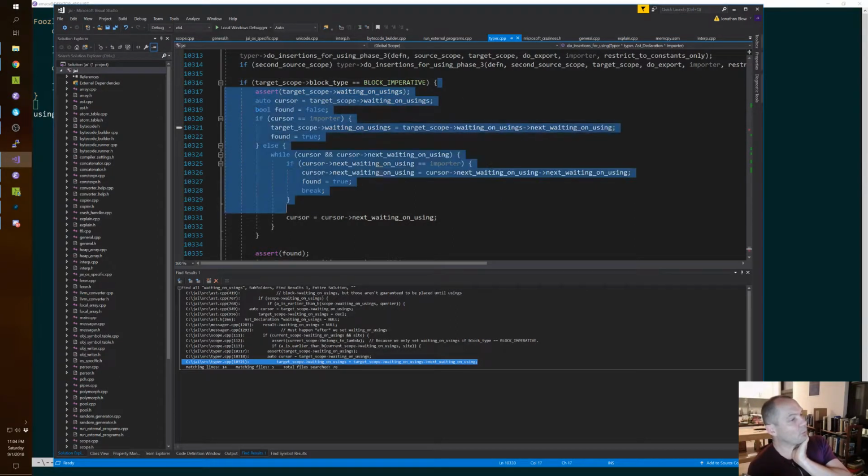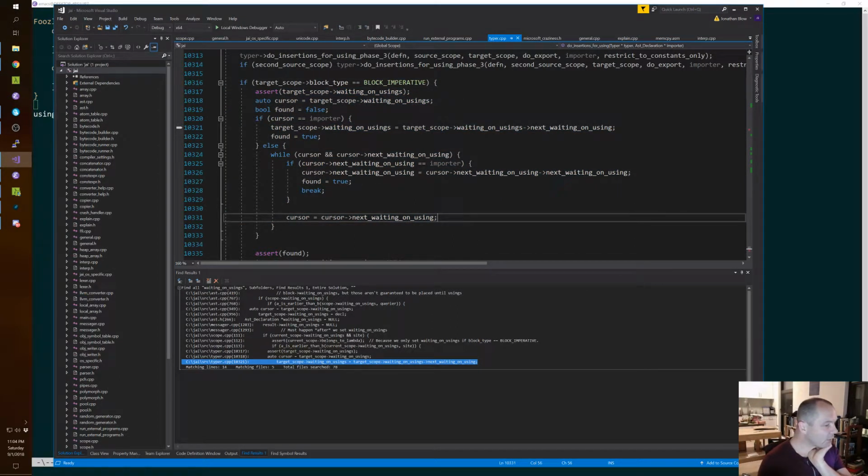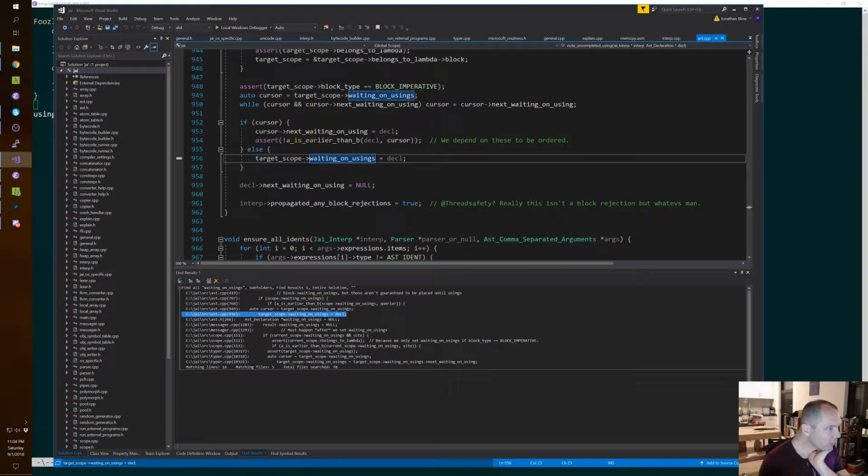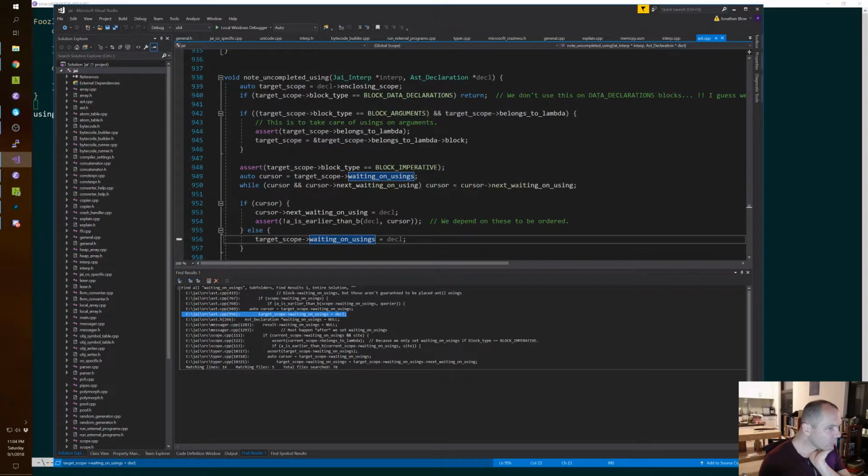So this is when we're done with the using. So where do we set it, actually? Oh, here. And then we go to the end. Yeah. And we just looked at the enclosing scope, which is not enough.